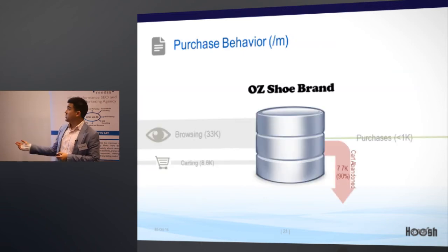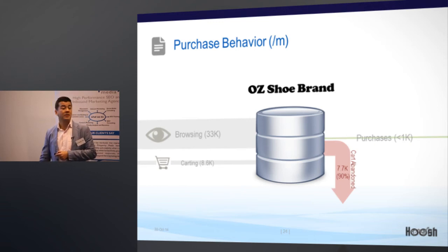The next part was the purchase behavior, which is obviously they were very interested in that. Now, if you look at the browsing rates versus the cart rates, it's not too bad. There's not a lot they could have done to really change that number. But if you look at the cart abandonment, it's massive. So their purchases are only like 10%, not even that. So you have a massive cart abandonment rate, which really, they were doing nothing at the time